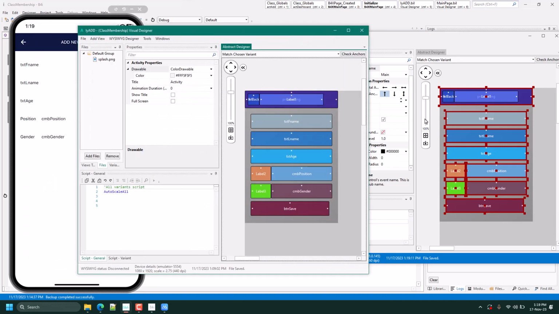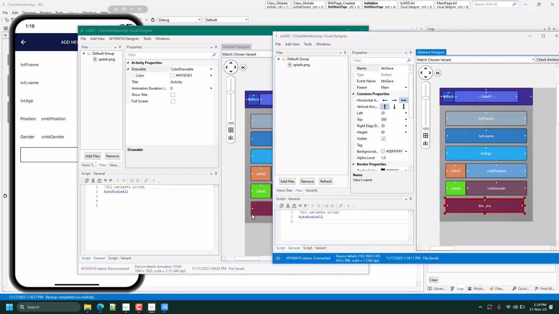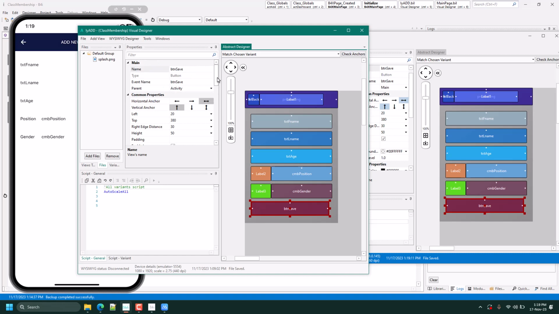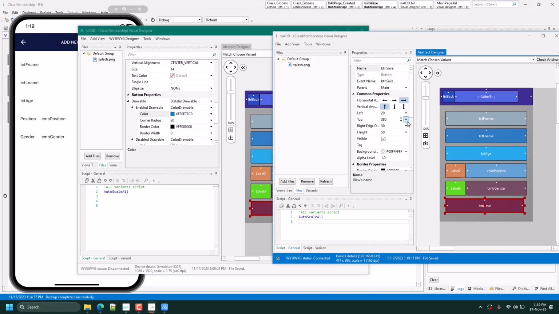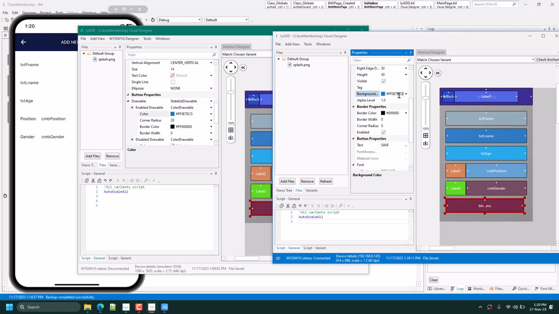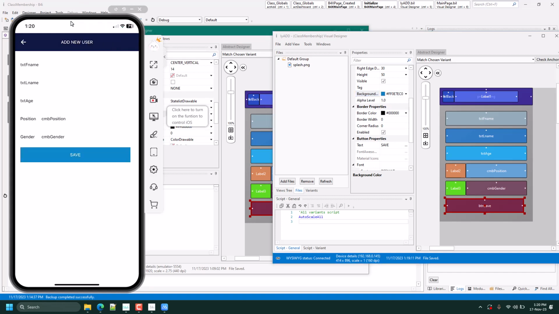Now sometimes the iOS doesn't bring the colors, especially for buttons. So with this button, we pick the color from here and then we paste it here. Background, there we go.